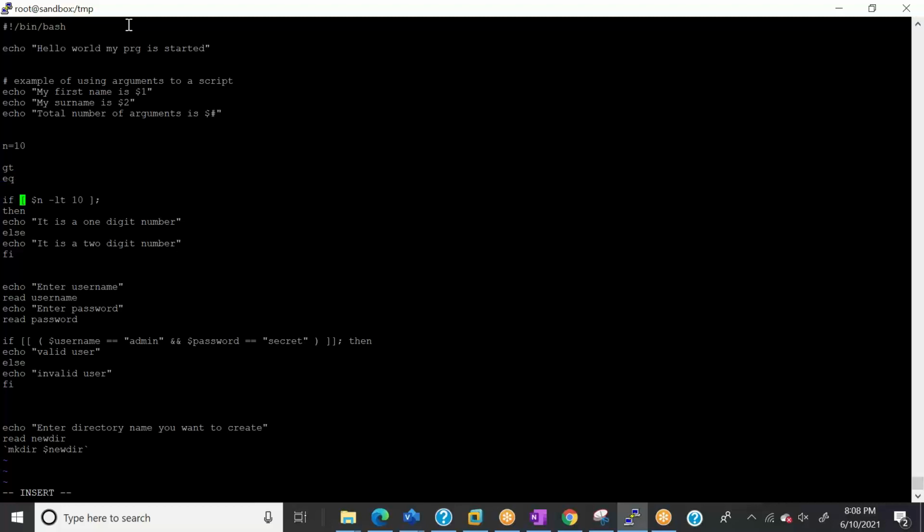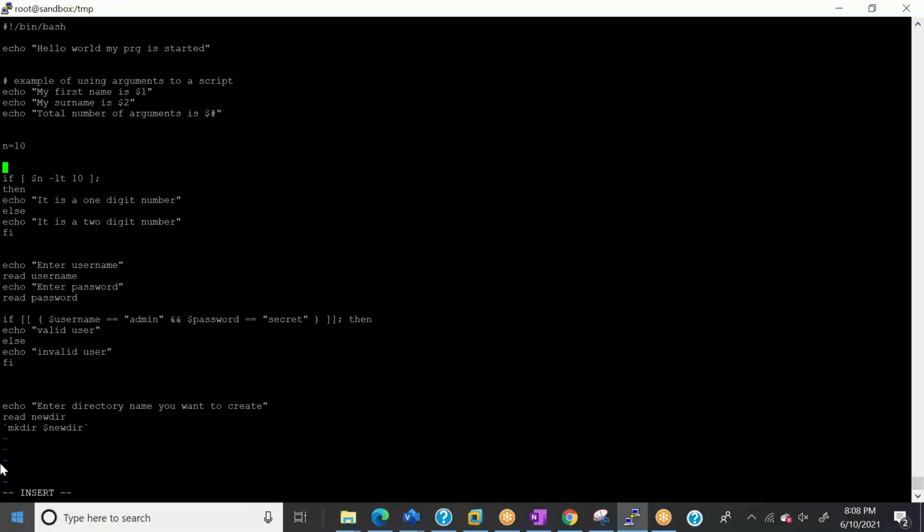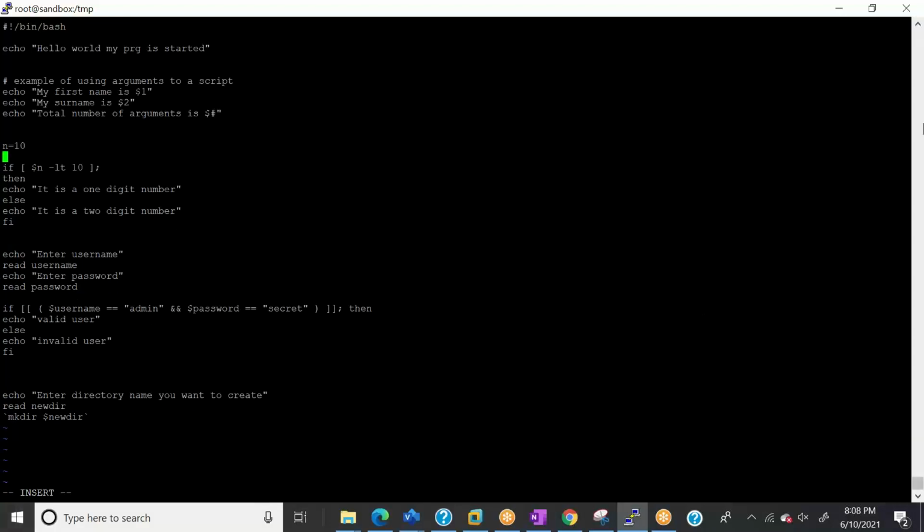What is $n doing here? $n is just a reference to this n. What I'm comparing here is that if n is less than 10, then print "this is a 1-digit number", else "this is a 2-digit number". Obviously I'm just showing everything for your reference, on how to make use of these variables. And one more thing: if I want to ask the user something,